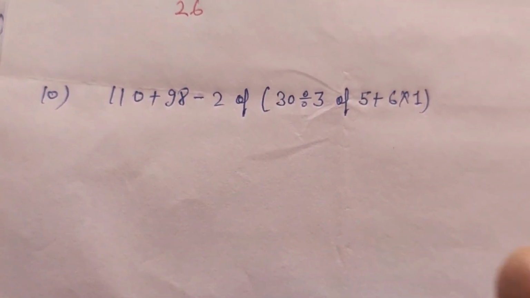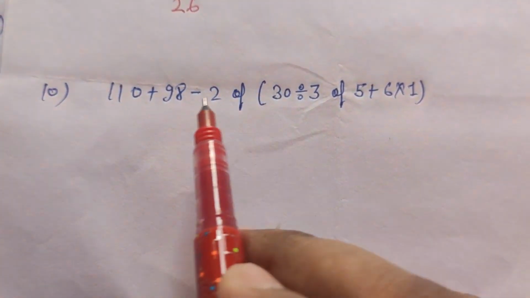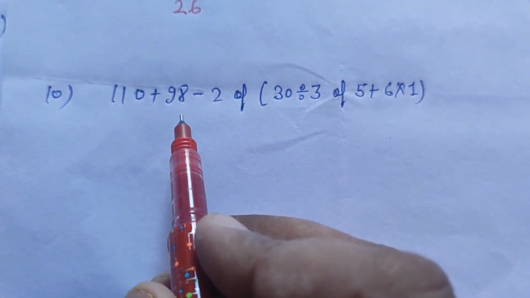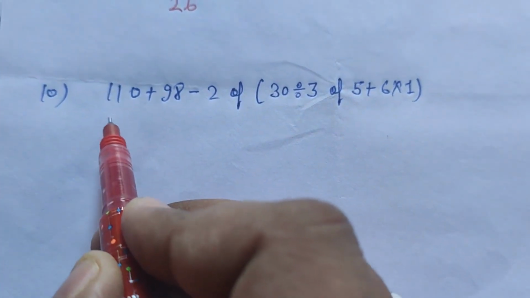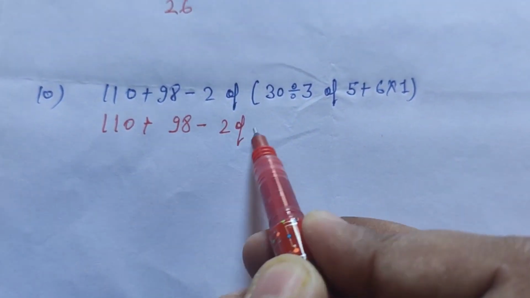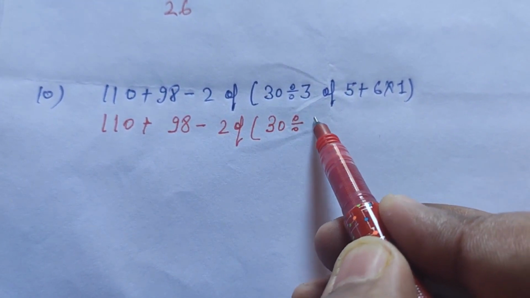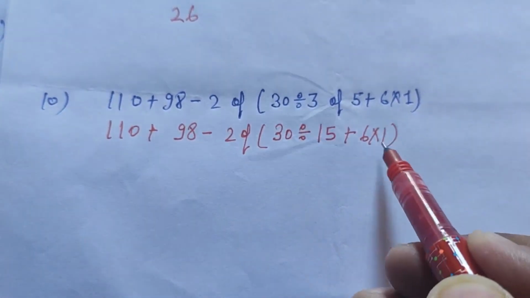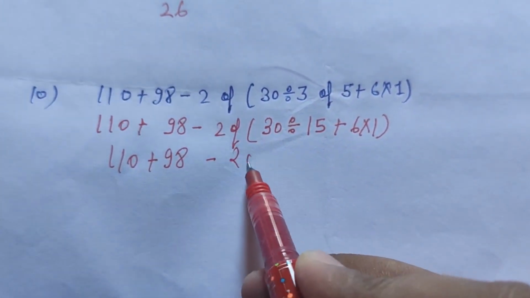Now last one. I hope these examples will clear the BODMAS rule and you will be able to understand all the questions. So first of all, we will solve here off and write the left the same. First of all, solve off. 3 5s are 15. Now we will solve here divide, because it is in bracket.